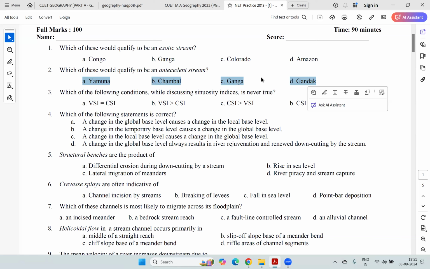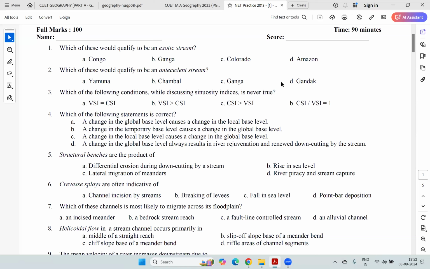Ganga is not an antecedent river. It is the Gandak. Okay, the Gandak is the antecedent river, and Ganga is formed on the south side of the Himalayas. Ganga to hocche Gangotri theke, Gangotri glacier is within the Himalayas, right? It's not beyond the Himalayas. The Gandak starts in Tibet, cuts through Nepal, cuts through the entire Himalayas, comes to the south of the Himalayas. Okay, the answer here would be the Gandak.